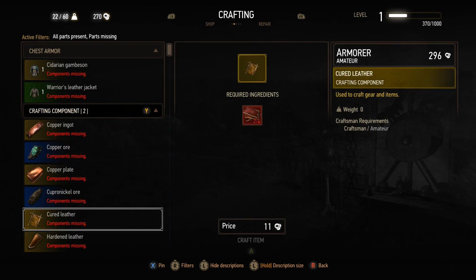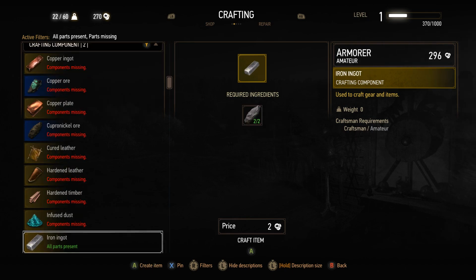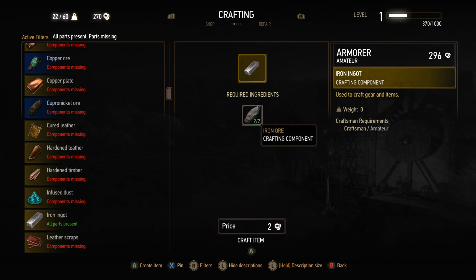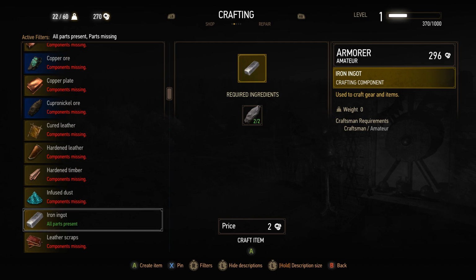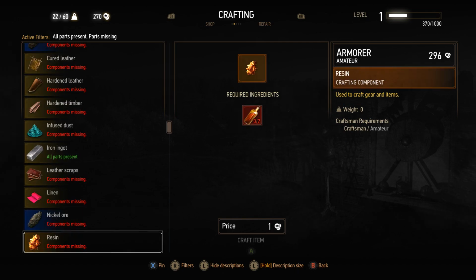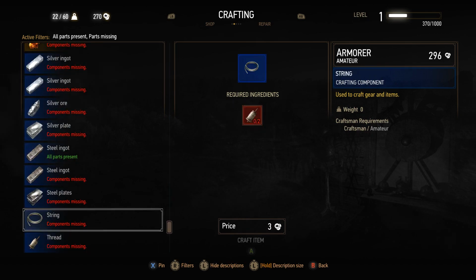Oh, all kinds of things I can make. Cured leather. I need a lot more scraps. Very well. I could make an iron ingot. Maybe I should. How much does iron ore weigh? Perhaps it would save some weight if I turn it into ingots. I'll have to look at... Weight 0. Does the ore weigh anything? Oh, there's the linen. If I wanted to make the other one. Okay, where's the... What about the wire? Is that a thing I can make, or is that a thing that...